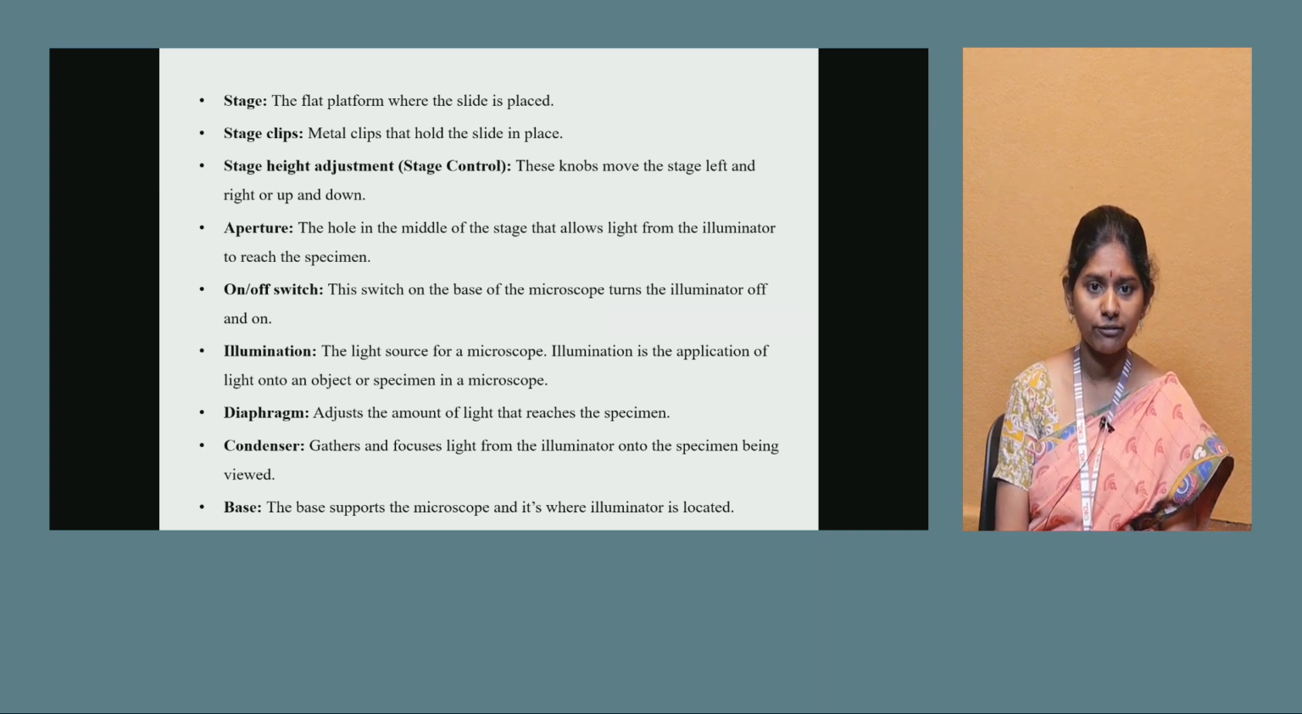The other one is the diaphragm, which adjusts the amount of light that reaches the specimen. And the other one is the condenser, which gathers and focuses the light from the illuminator onto the specimen being viewed. Base. The base supports the microscope, and it's where the